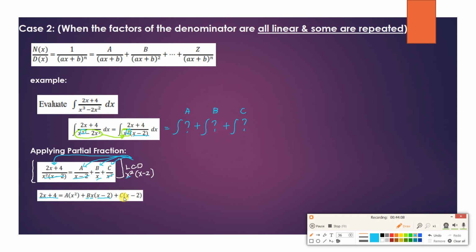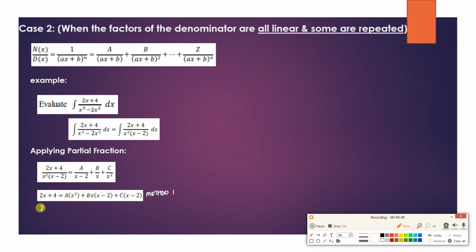So, we need to solve for A, B, and C. So, paano ngayon natin isosolve si A, B, and C? Kikiclear ko lang ha. Okay, solving for A, B, and C, we have 2 methods. Now, yung first, this is already our first method. Kung gusto nyo, method 1. Hindi kasi siya nakadistribute. Tapos yung method 2 naman,